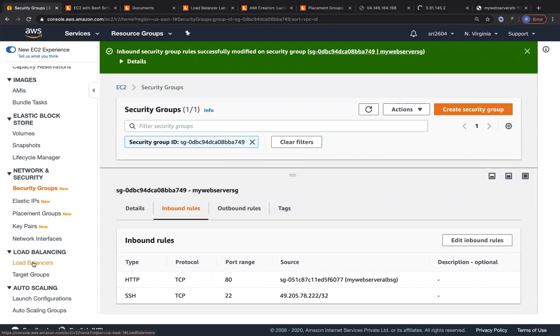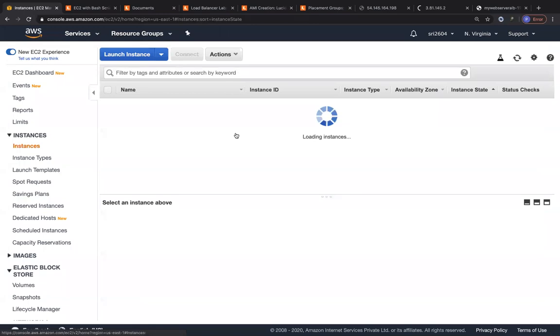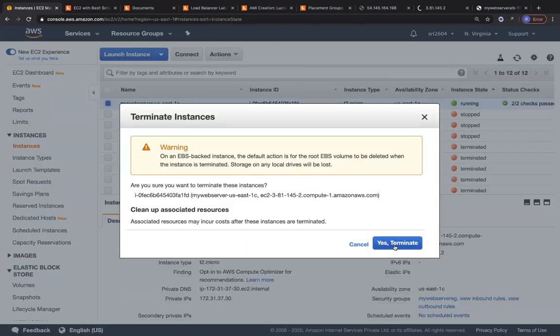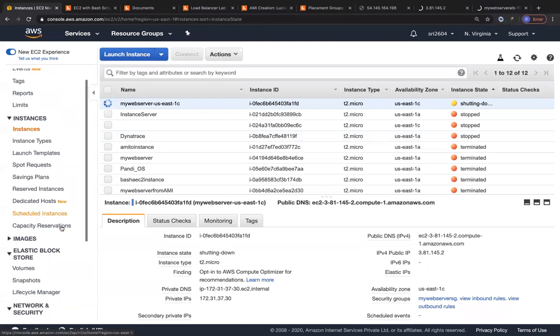Now, how do you tear down your environment? Go ahead and remove that other EC2 instance. Whatever EC2 instance you still have running, go ahead and terminate it. Once you terminate it, your load balancer starts giving 503 errors. This is just going to keep resolving, and finally it's going to give you a 503 service unavailable error. Just wait for that to happen.